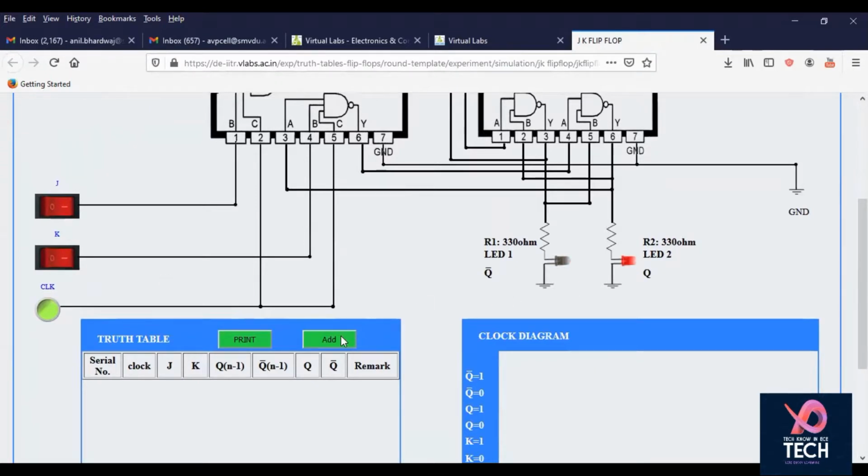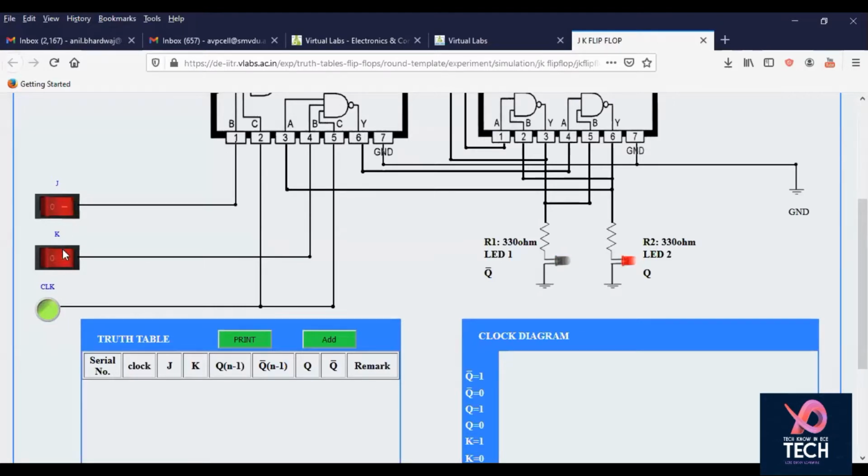So if I am changing the clock, you can see these LEDs are actually toggling. Here you can see now this one is glowing. Here you can see this one is glowing like this.